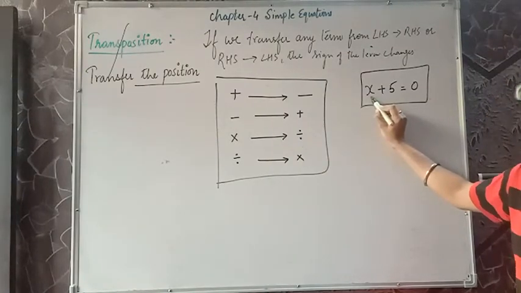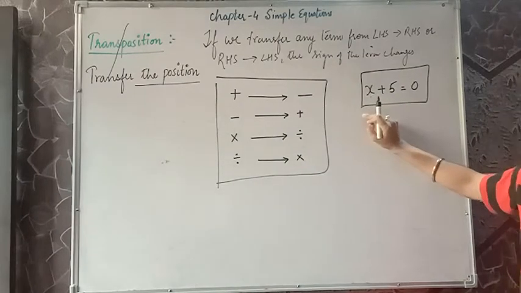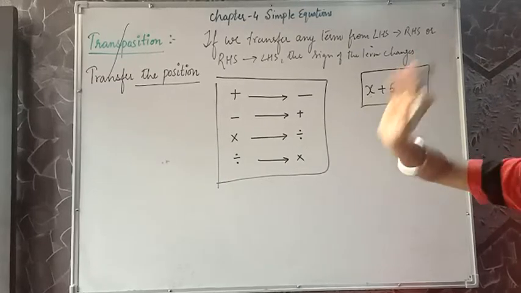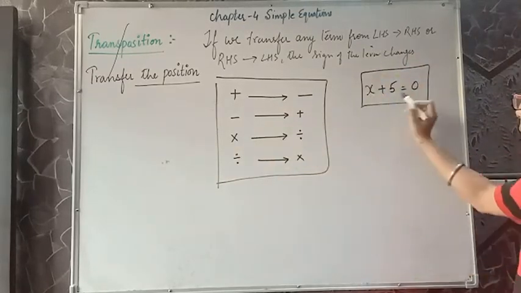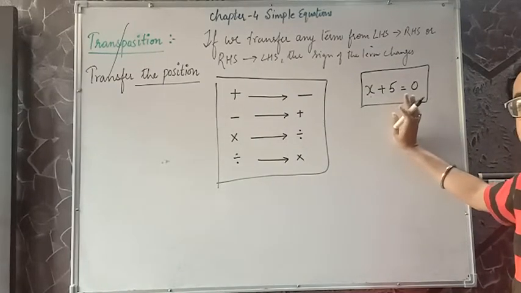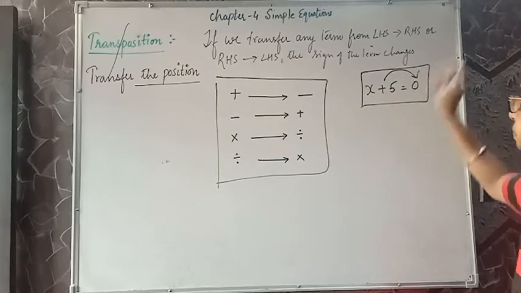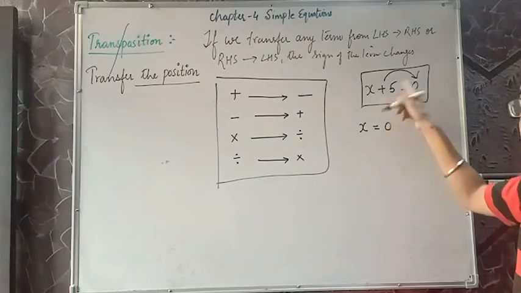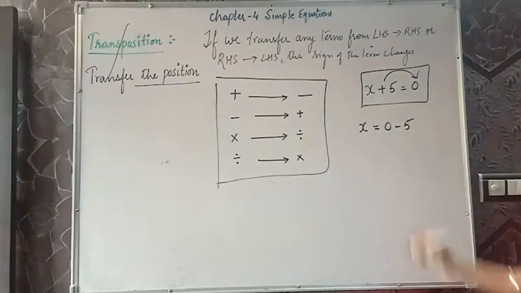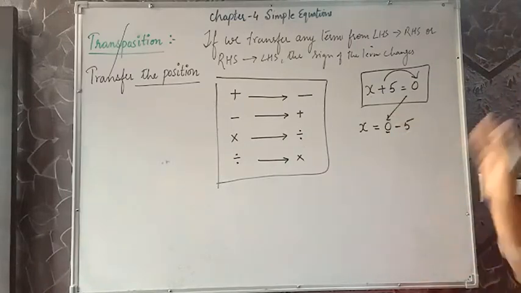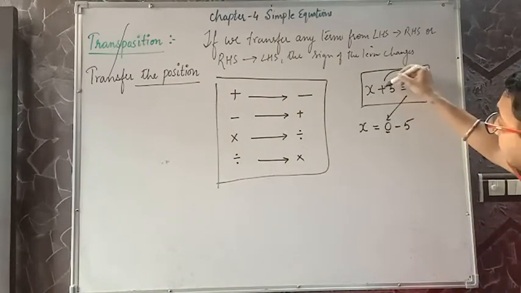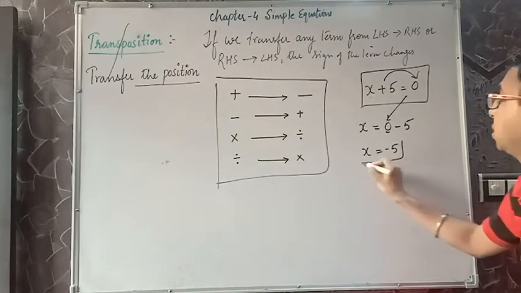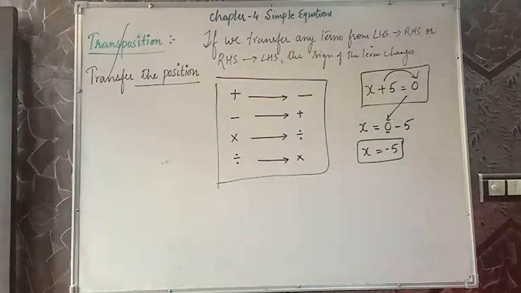What we will do, we always keep the variable on the LHS. This is the most prominent rule. Always keep the variable on the LHS side and take all the constants to the RHS side. This is a constant, the variable is on the LHS side, not a problem. So let us move that constant term to RHS. Here it is plus, there it will become minus 5. You will not change the sign of this, it stays as it is. Since we are taking the term from LHS to RHS, we change this sign. Now 0 minus 5, what is the answer? x is equal to minus 5.